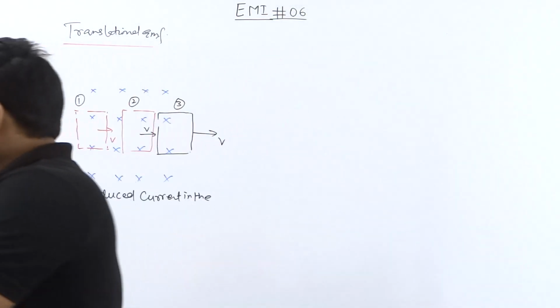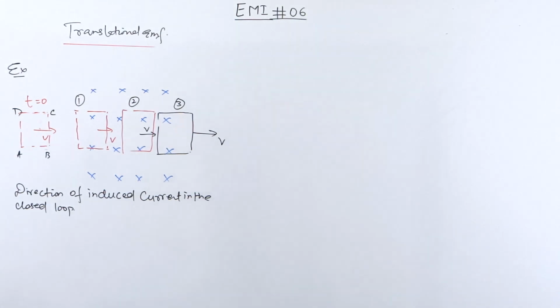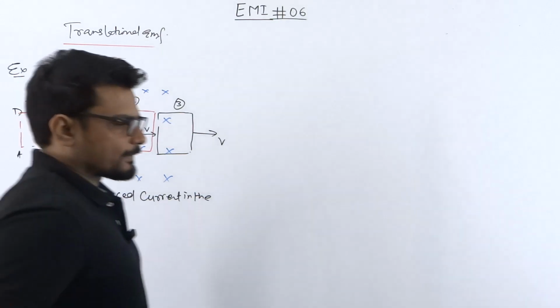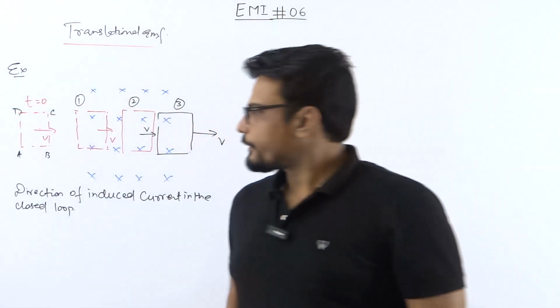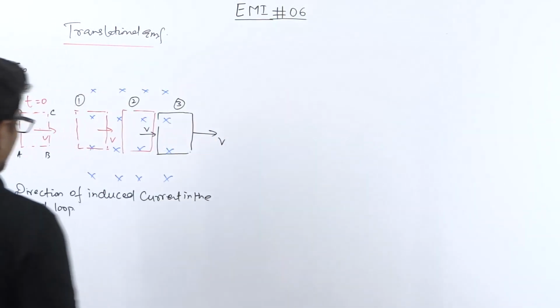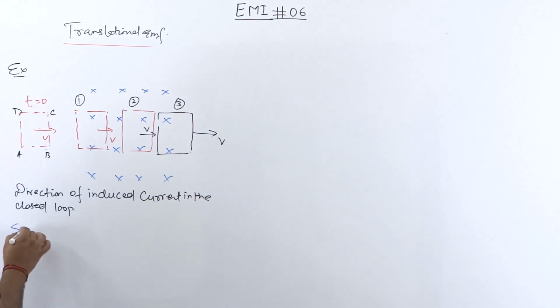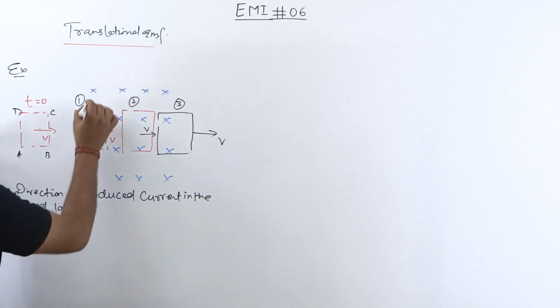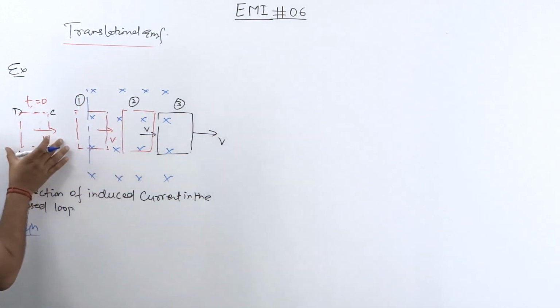ठीक है. So I believe you must have paused and tried and now we can do it together. हम लोग इसको साथ में easily कर सकते हैं. All good? ठीक है. देखो. It's an easy one. It's not that complicated or difficult. Need to understand. Okay. So when it was outside the magnetic field, there was